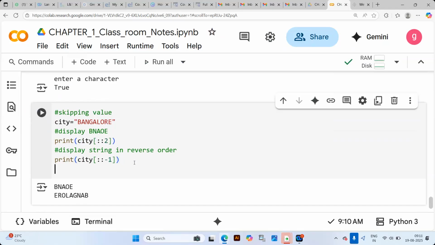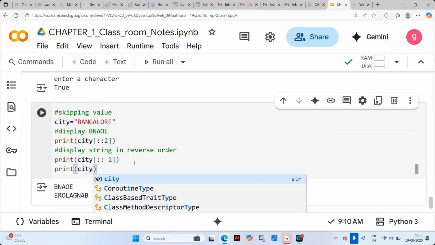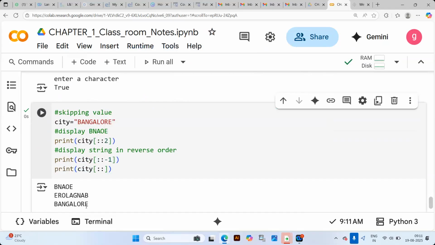If you want to display the complete string, you just give lower boundary and upper boundary, and it will print Bangalore completely. It is optional. If you don't give it, by default the lower boundary will be 0 and the upper boundary will be n-1. And the skipping value is 1 by default. Even if you give 1, it doesn't make any difference. Simply it will give the output.